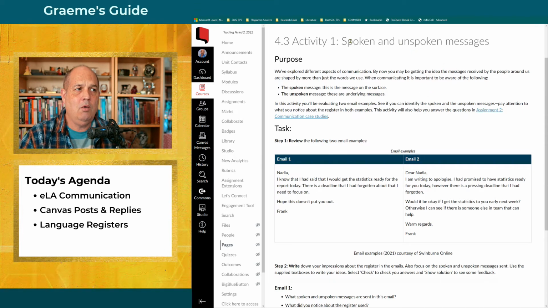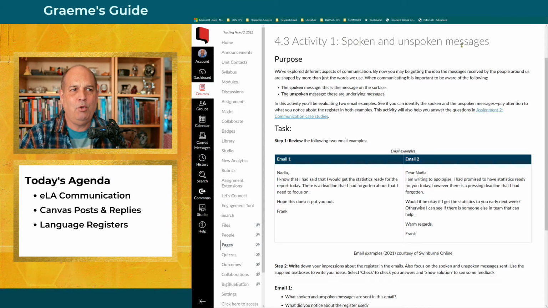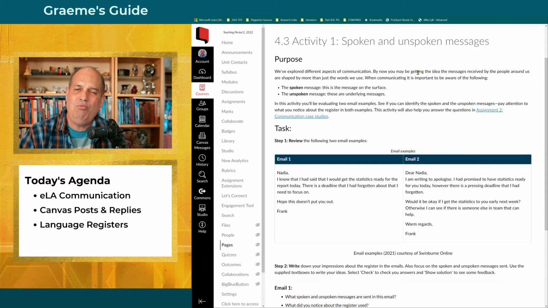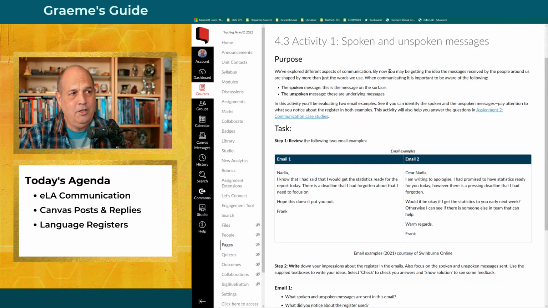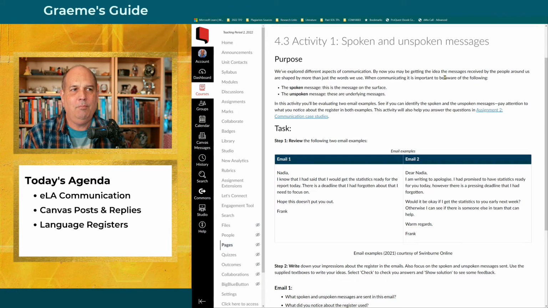So this is very subjective, what is a spoken and unspoken message. And the reason why I'm pointing this out is because there's not really a right or wrong answer here. You just go with your instincts about what you think the spoken message is, and that's usually what's actually said. And the unspoken message is what might be interpreted by what's being said.